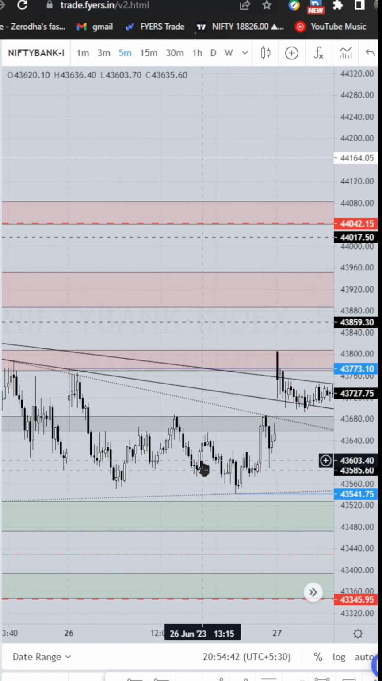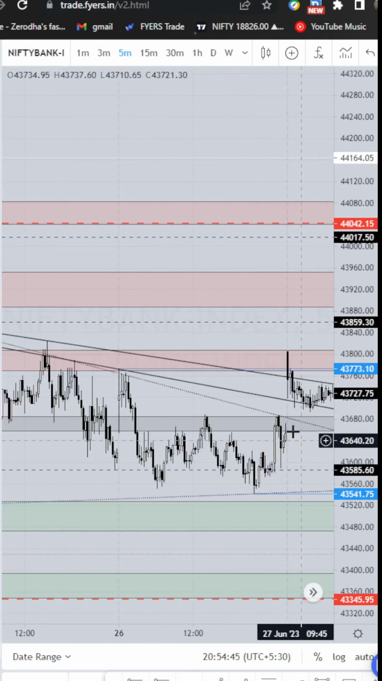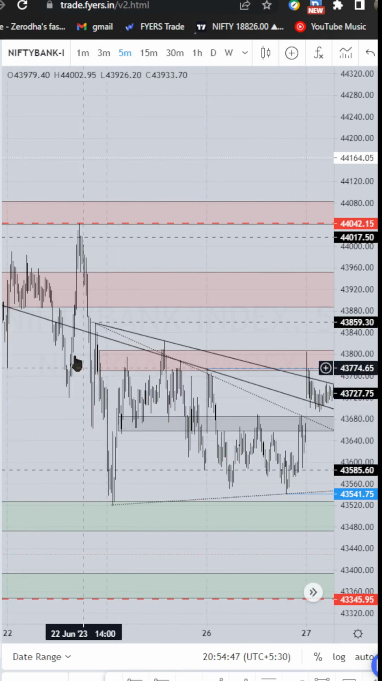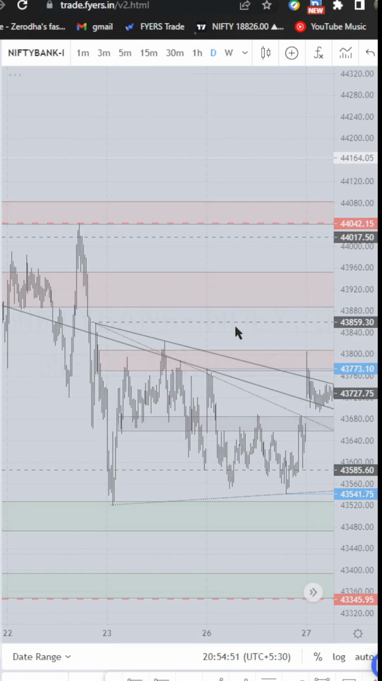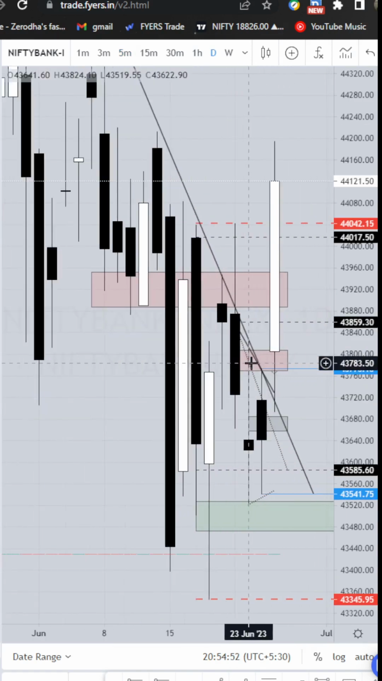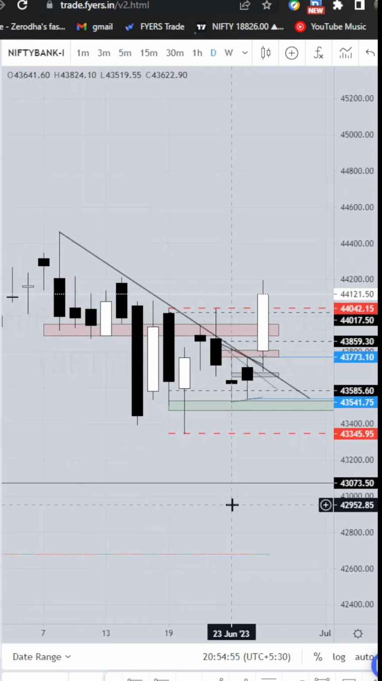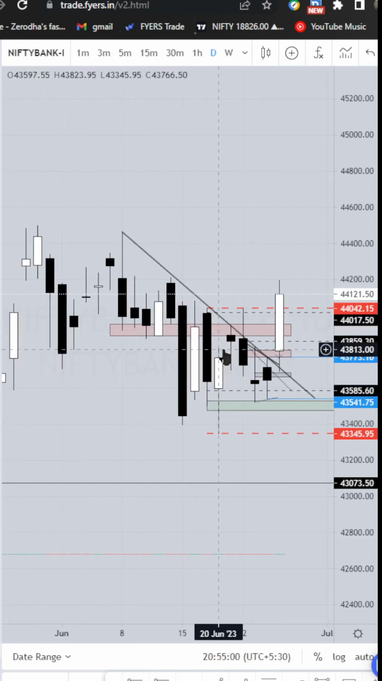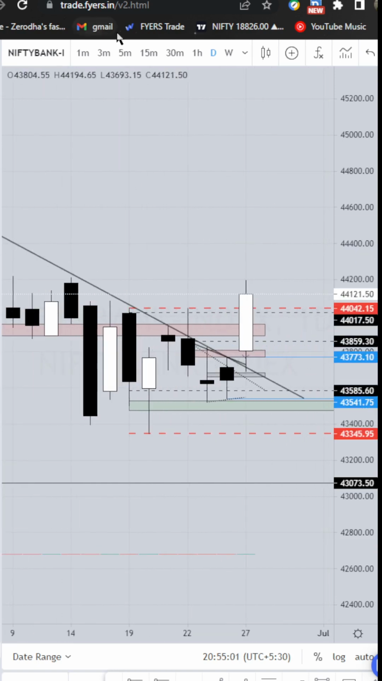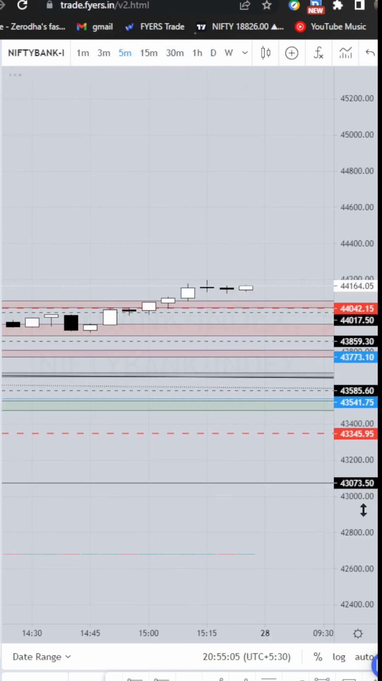So Bank Nifty, after a huge number of sideways days and being stuck in a range on the smaller time frame as well as on the daily time frame, if you see, the price is stuck for so many days in a very small, very tight price range. So coming back to our trading time frame,